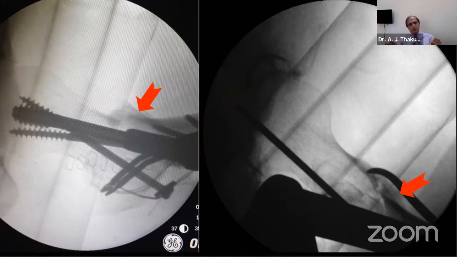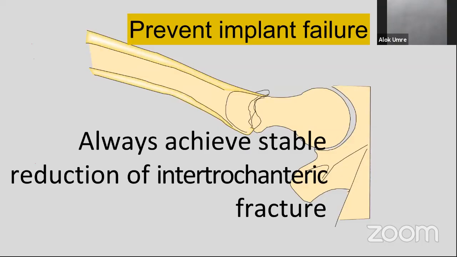And in the post-op period, patients are very comfortable. They have no discomfort. They are willing to walk. When there is unstable reduction, patients are most unwilling to walk. They complain of one thing or other. But when the reduction is perfect, they are very happy and they will walk. They will even volunteer to walk.